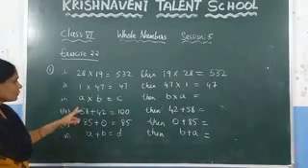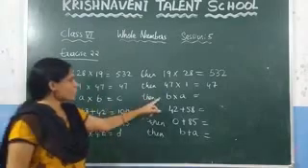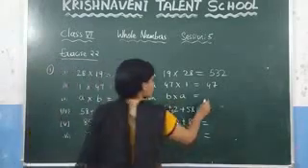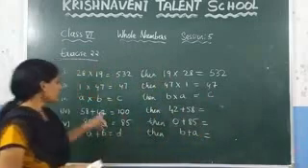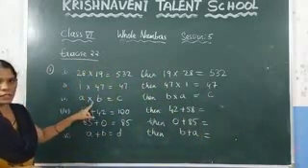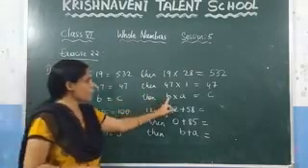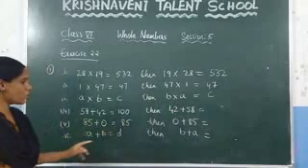Now see the next one. A into B is equal to C. Then what is the value of B into A, which is also equal to C? The same thing they have given, which is nothing but the commutative property under multiplication. Here they have given A into B, and here B into A. They just changed their order.